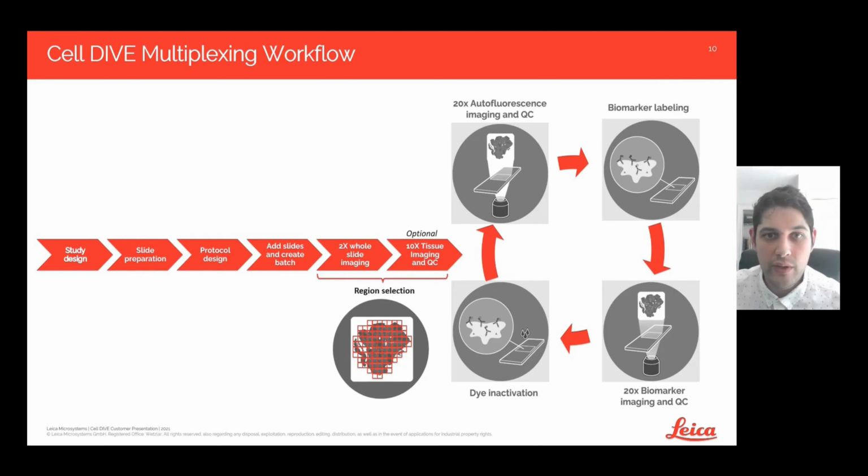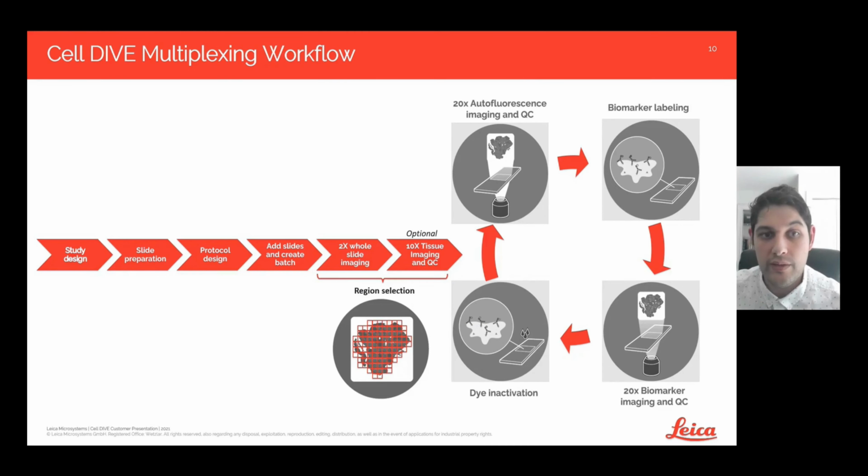The overall multiplexing workflow I introduced you to before, but this kind of zooms out a little bit more. What you would do from beginning to end is design your study to establish what types of tissues, what biomarkers you're going to look at, do any antibody validation, prepare your slides through that slide preparation process I mentioned earlier, design protocols within the CellDive software, add slides to those protocols and create batches in the software, and then proceed through your region selection steps. The CellDive imager has both a 2x and a 10x lens to help with this region selection process. Following that, again, the iterative staining process will